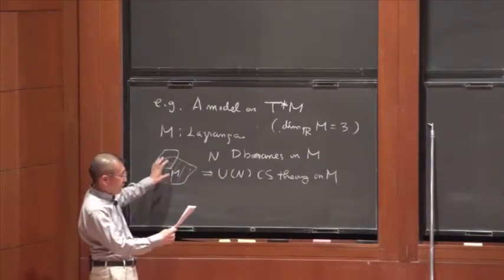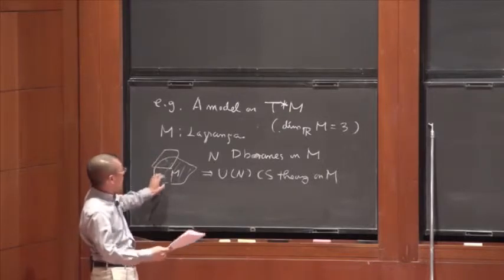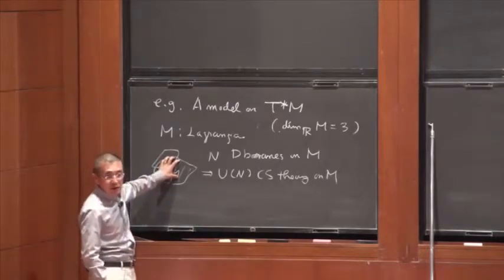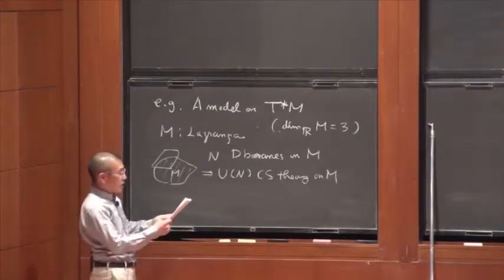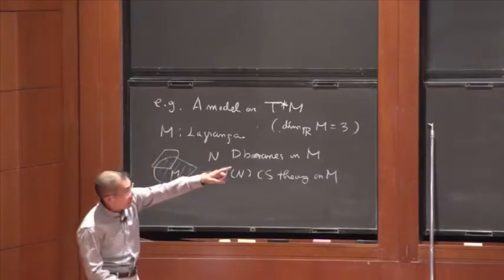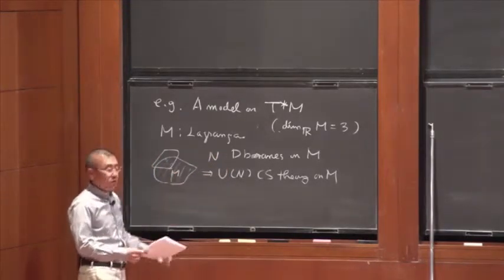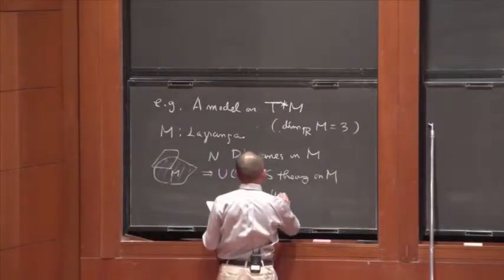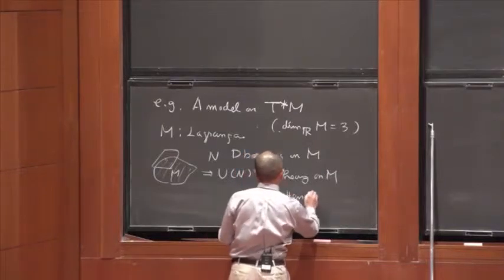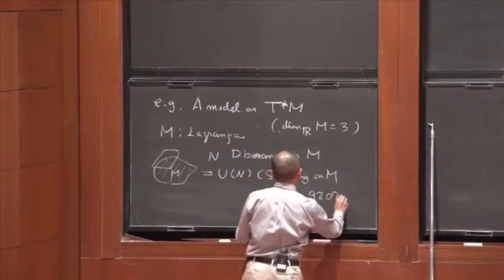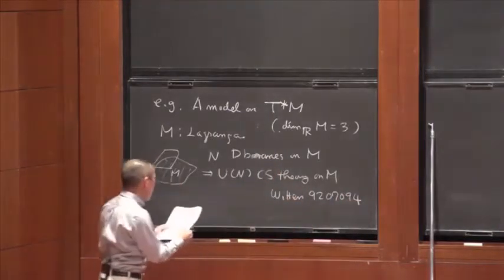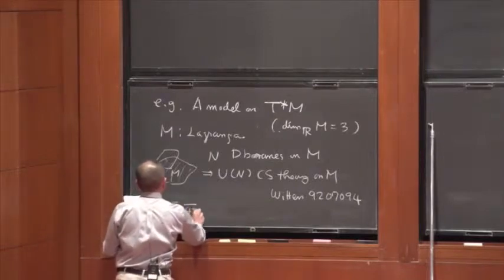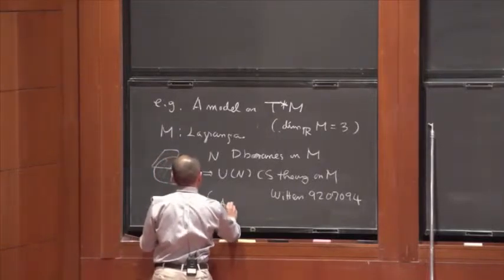however, we notice that there are actually no non-trivial holomorphic maps from a 2-dimensional surface with boundaries ending on this M. From that kind of argument, you can show that this reduces to ordinary field theory. In this case, it's Chern-Simons field theory. This was also shown by Witten in his quite beautiful paper 9207094. Okay, so you have the action for Chern-Simons theory with level k,